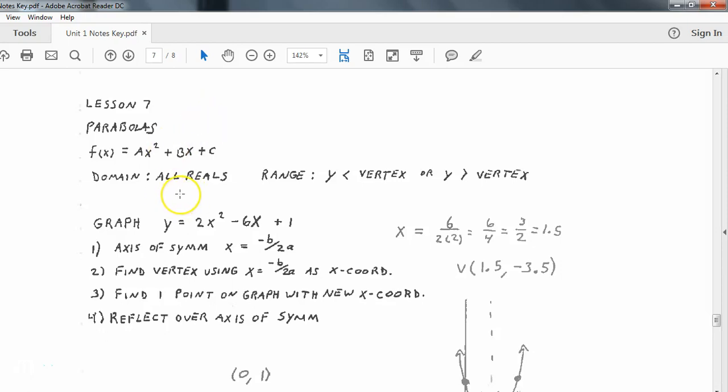On into lesson 7 of unit 1. As in our last lesson, we were just looking at how to solve quadratic equations. We're now looking in this lesson at how to graph a quadratic. So again, this is still under the Algebra 1 umbrella. I know you guys have seen this for the last few years in other math courses, so this should be